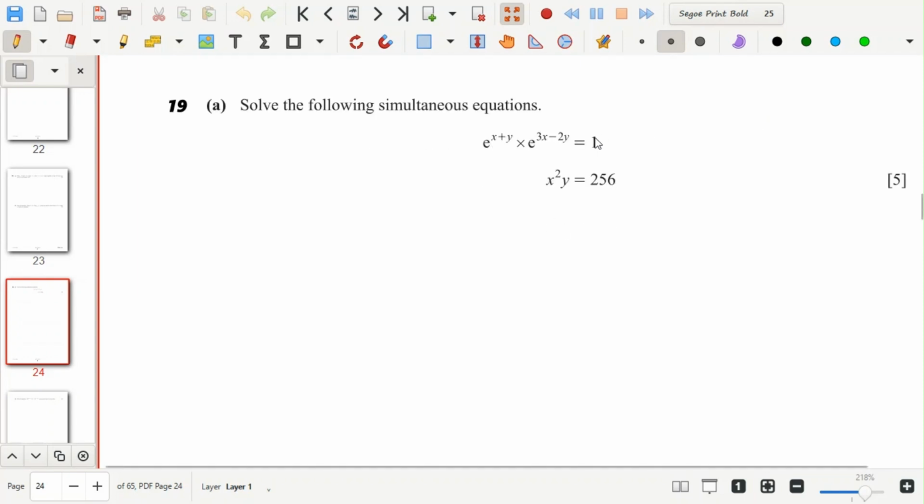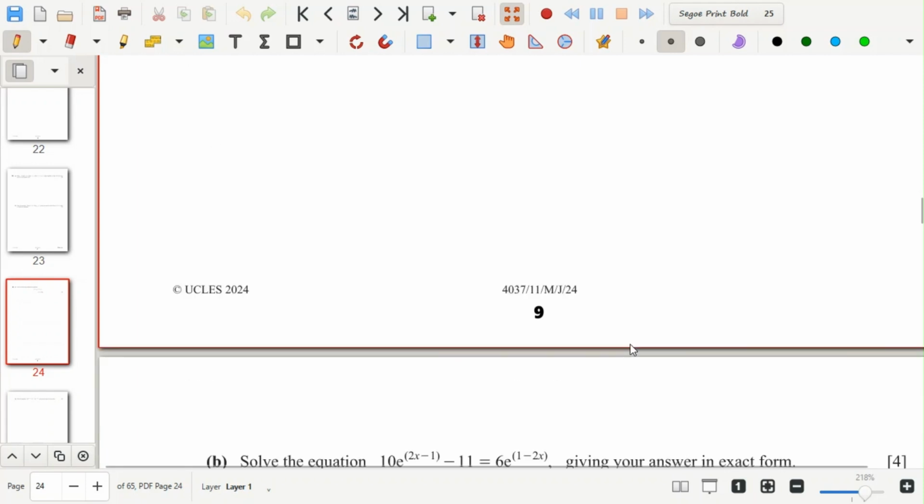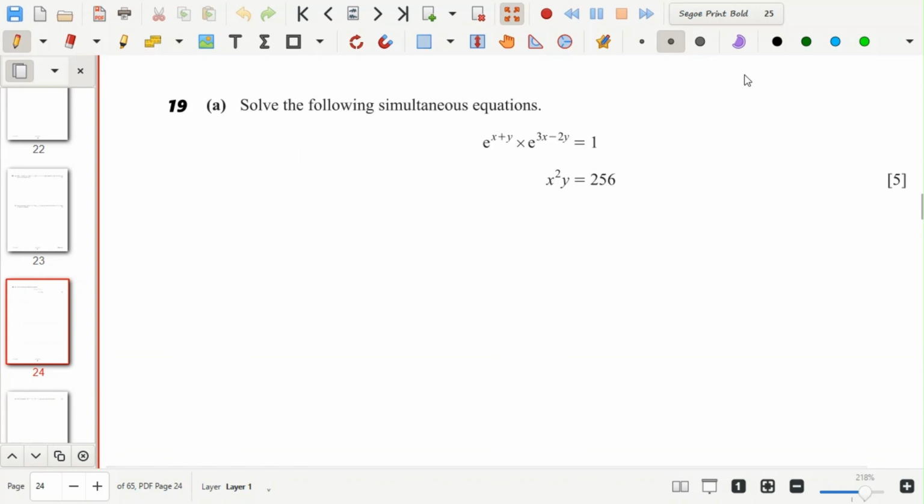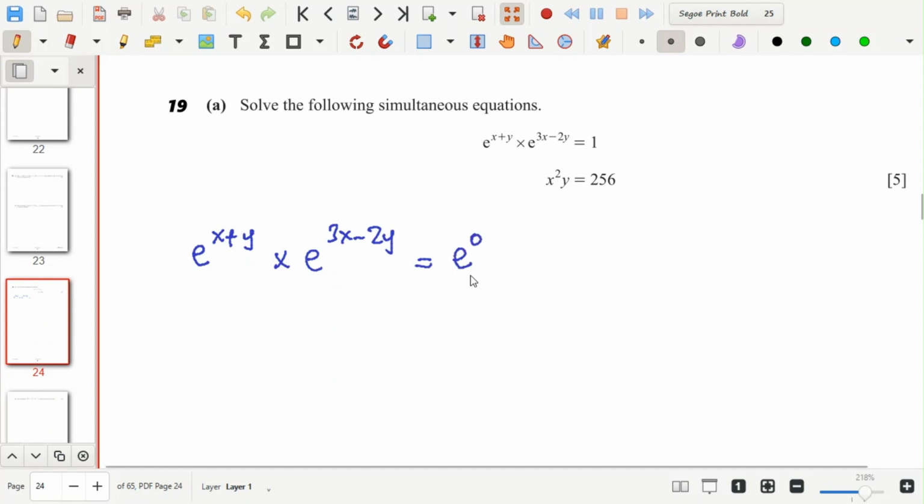I want us to start with this question. Now the year is 2024. When you are given a question like this, you are supposed to ensure that you have the same base. So 1 here is the same as e to the power 0. You know that any number to the power 0 is 1. So